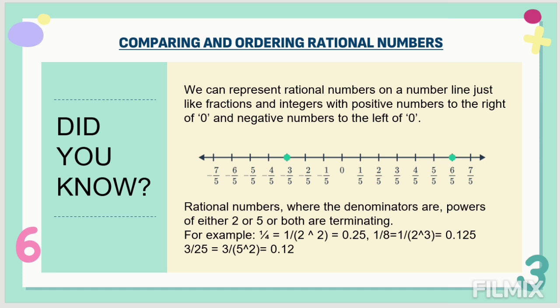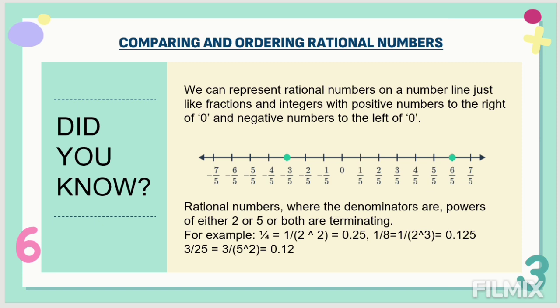One important note which you have to be aware of, this is a very specific topic: the rational numbers having denominators whose prime factors are either 2 or 5 are terminating. What does this actually tell? Let us see through an example. As you can see, I've given an example there, 1 by 4. It is a rational number, right?